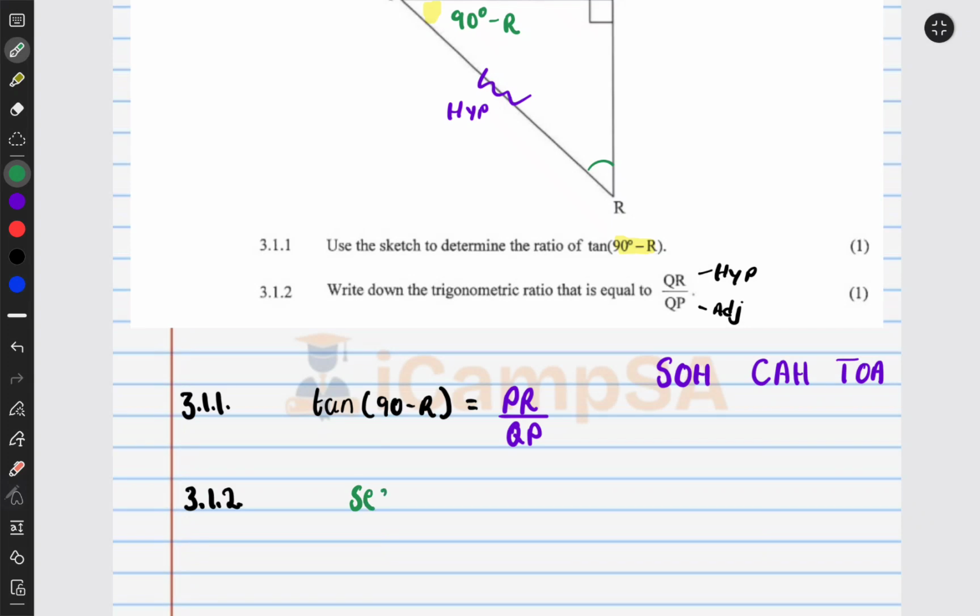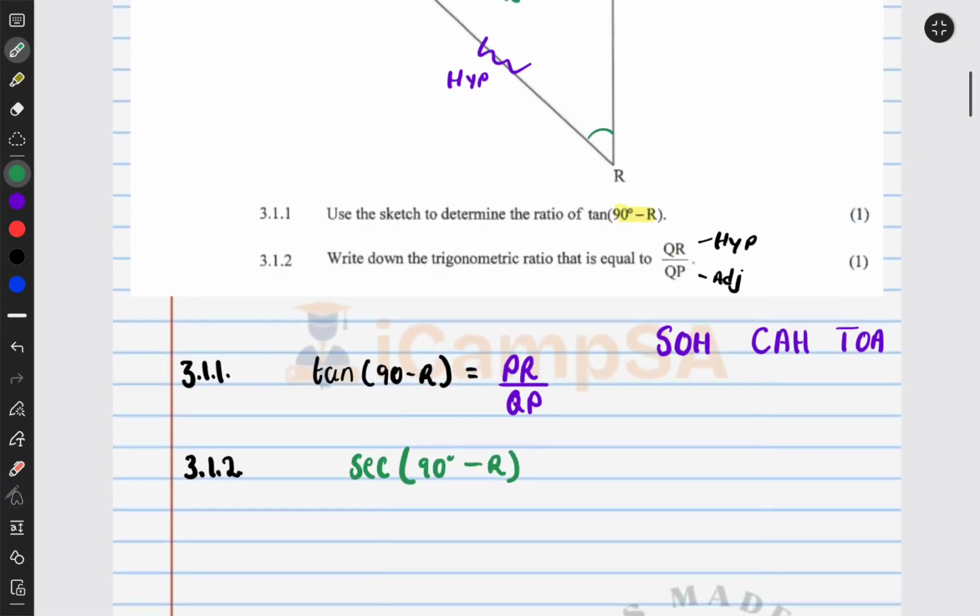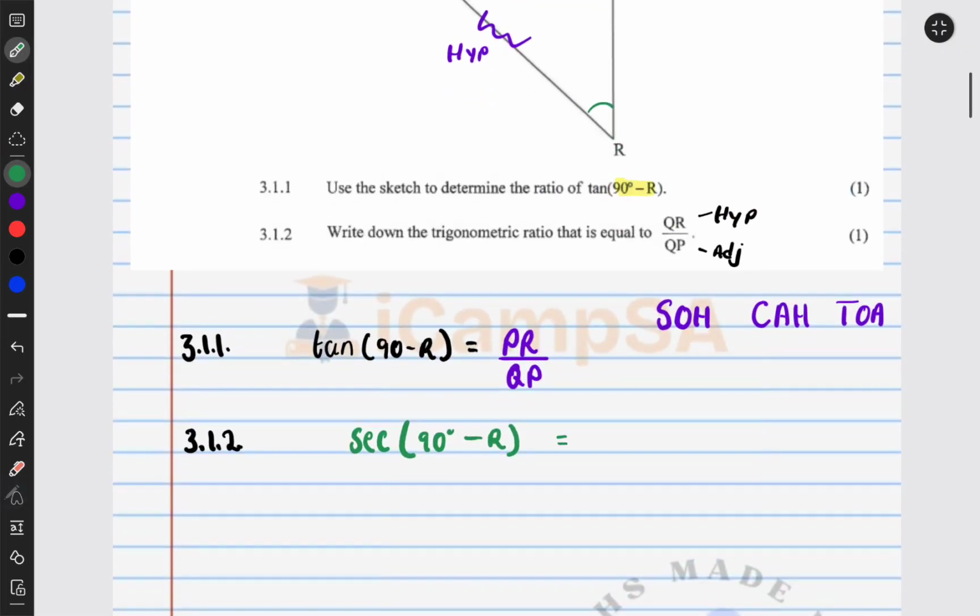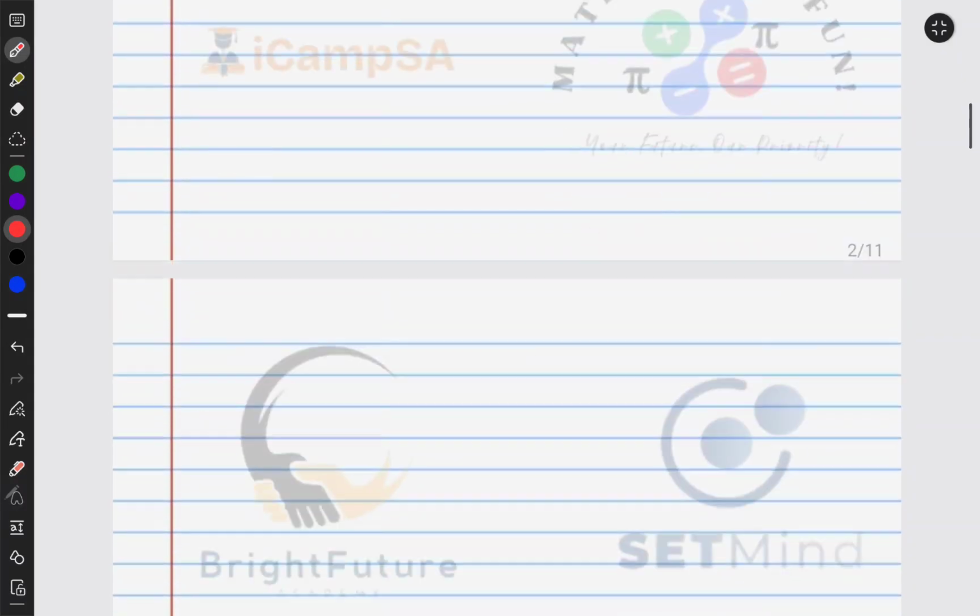It is sec of 90 degrees minus r, which will be equal to QR over QP. But for your answer, you only have to write sec 90 minus r. Okay, and then from there, let's go to